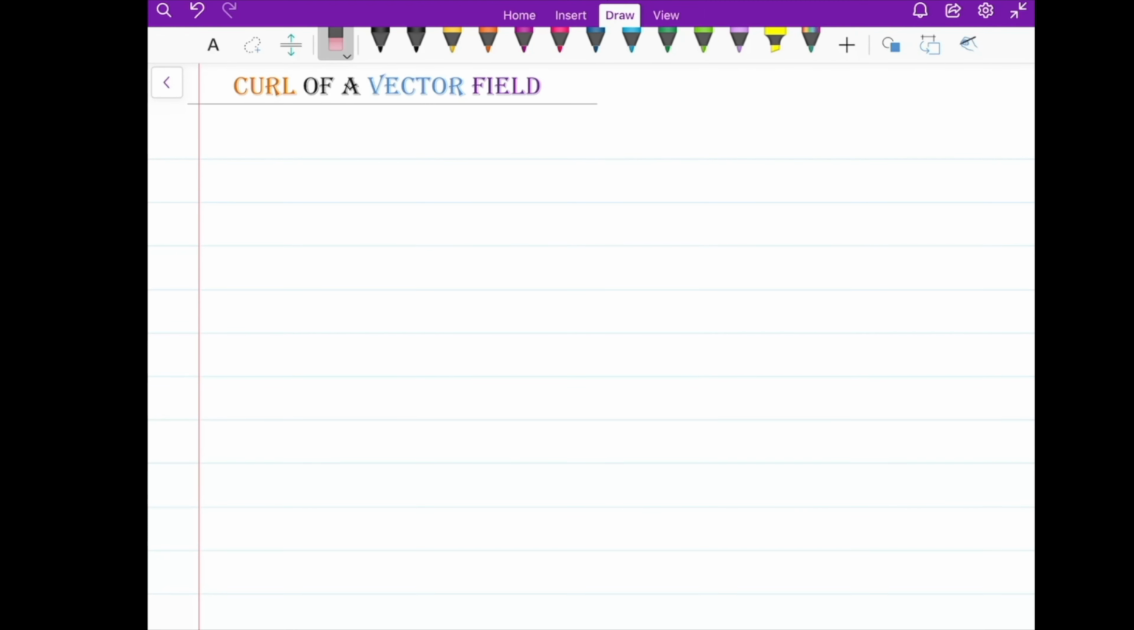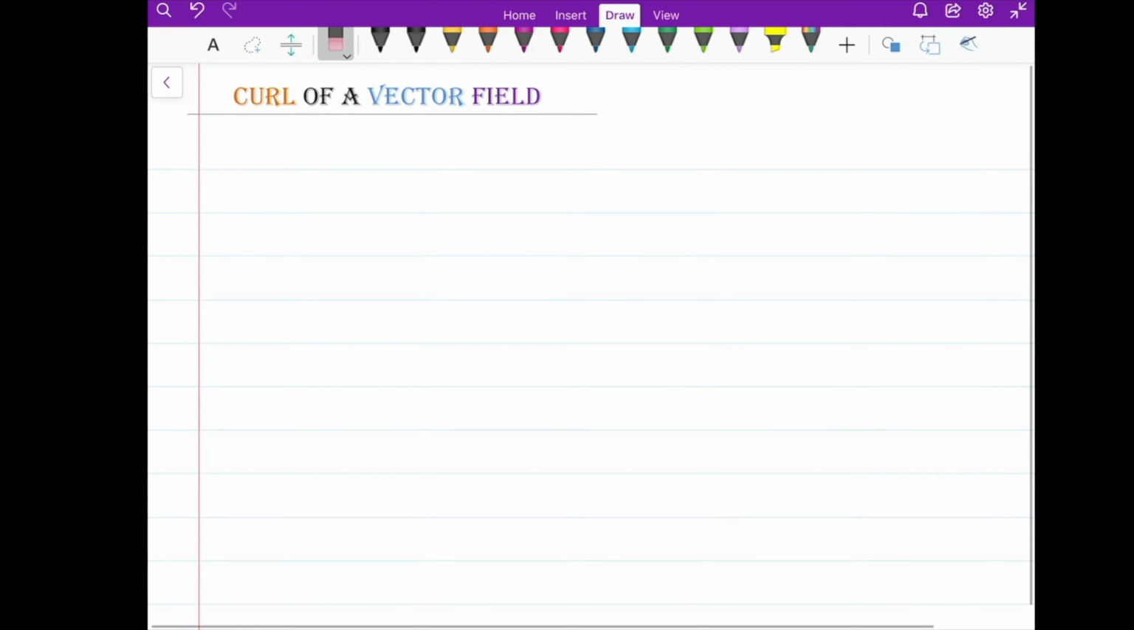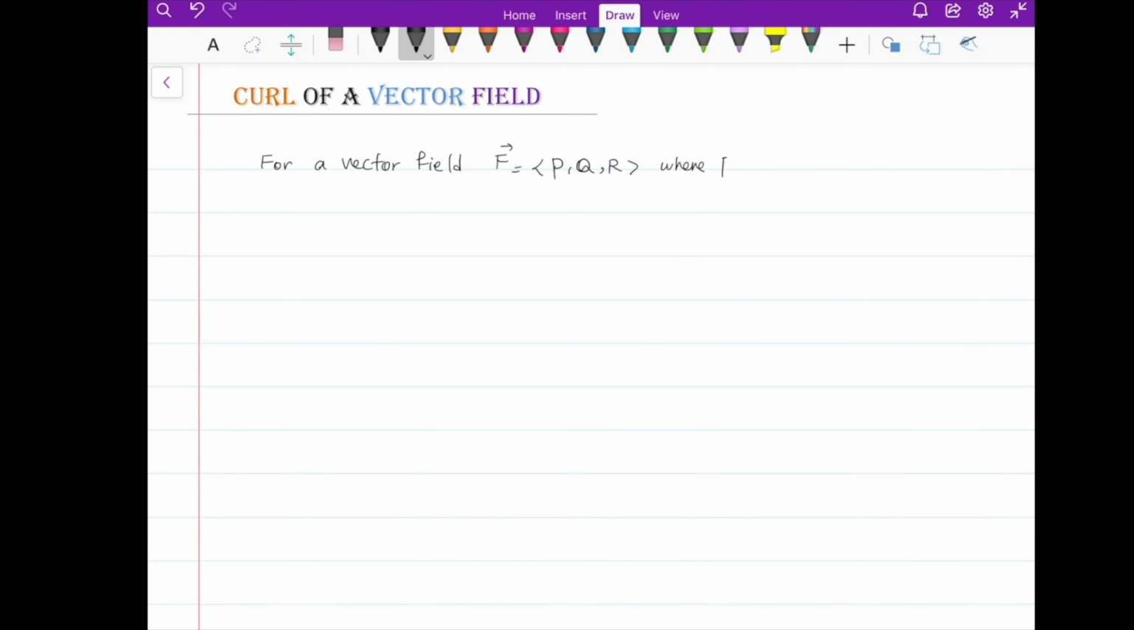This lecture is part of an online course of multivariable calculus, and I'm going to talk about curl of a vector field. Okay, so let me start with a vector field in space. For a vector field F, which has the coordinates P, Q, and R,